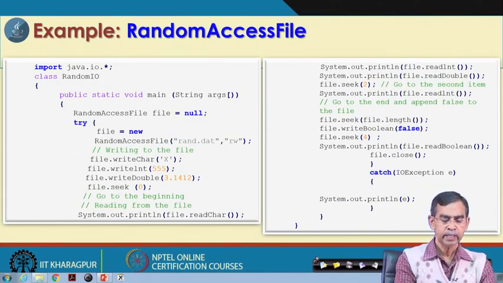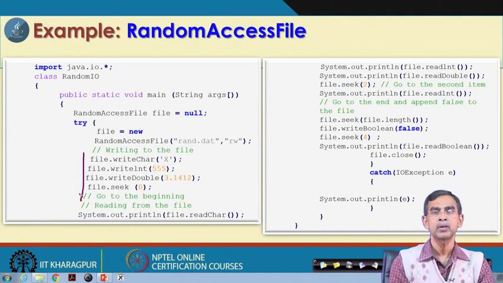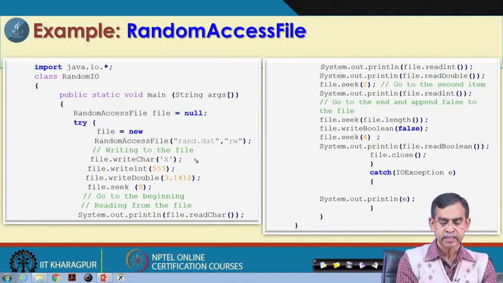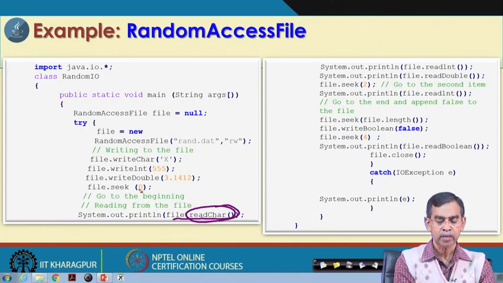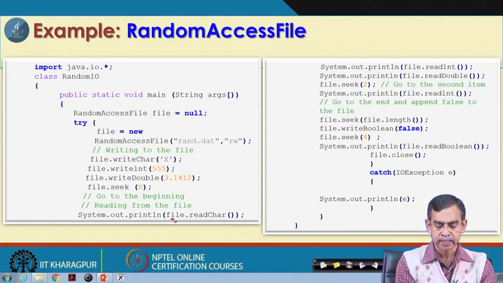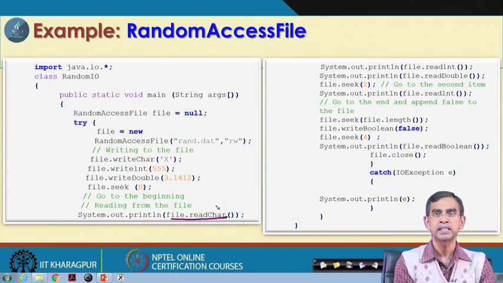This way we can move the file pointer, and we will see more about positioning the file pointer later. Now, here again, we have locations 0, 1, 2, and System.out.println(file.readChar()). Which character will it read? Because we have already positioned our file pointer at location 0, file.readChar will read the character at the 0th location.